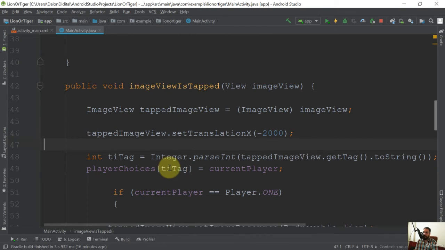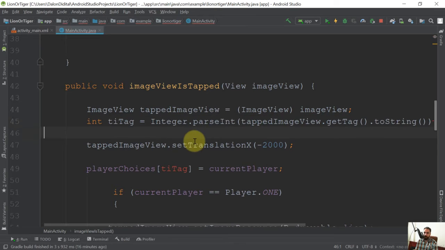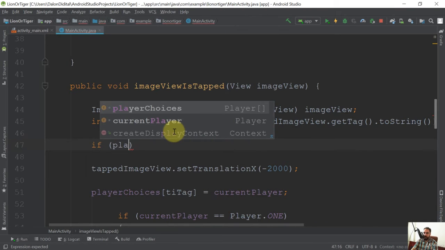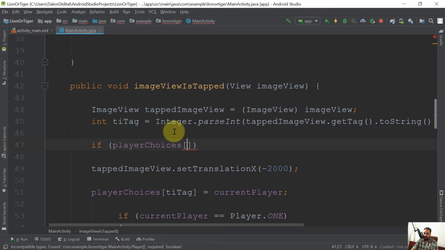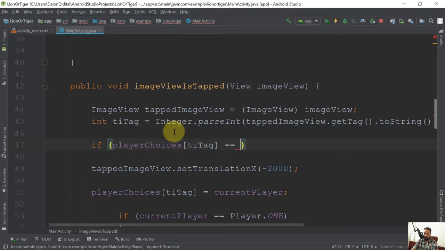So now in order to solve this problem, we need to go to this imageViewIsTapped function. And here, let's cut this line of code and paste it here before calling this setTranslationX on this tapped image view, because first we want to get the tag. So first of all, we are getting the tapped image view and then we get the tag of the image view that is tapped. Now that we have the tag, I'm gonna create an if statement here. So if playerChoices array, and then we need to pass the index. So the index is going to be the tag